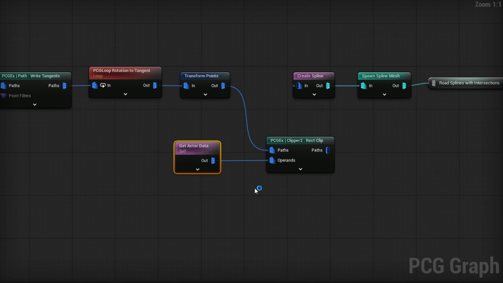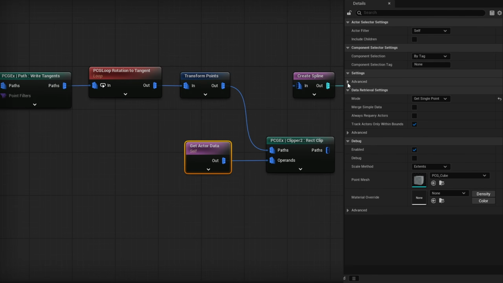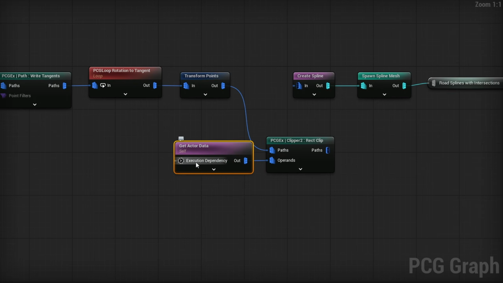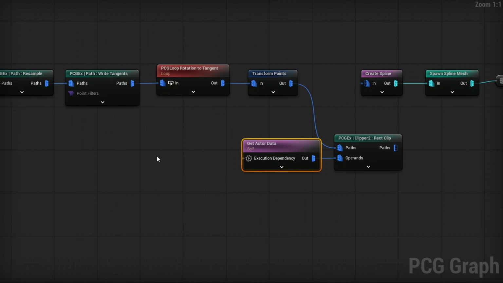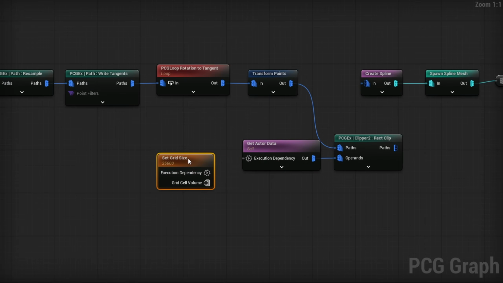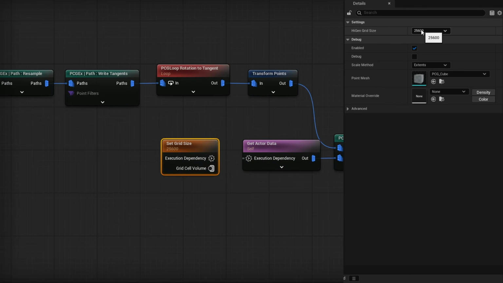So yeah, we'll plug that through, but then on this Get Actor Data, I'll go under Settings Advanced and turn on Execution Dependency Required. This gets us this execution dependency input. From here, we can have a nice little node called Set Grid Size. And this is where you specify the grid size that you want to use for your setup. So in my case, I'll drop it from 25,600 to 6,400, which is what I'm using for the rest,